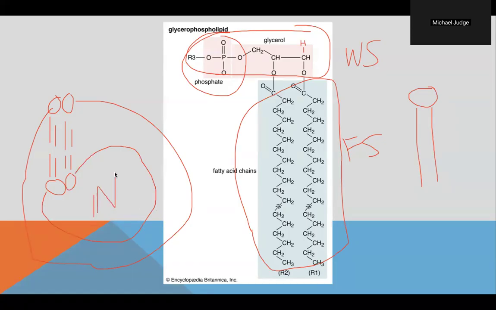Inside the cell, the intracellular environment is water-based. The heads are water-soluble, so that's cool. Outside of the cell, the extracellular environment is also water-based. The heads are water-soluble, so that's cool. In the middle here, there's no water. That's good because that's where the fat-soluble